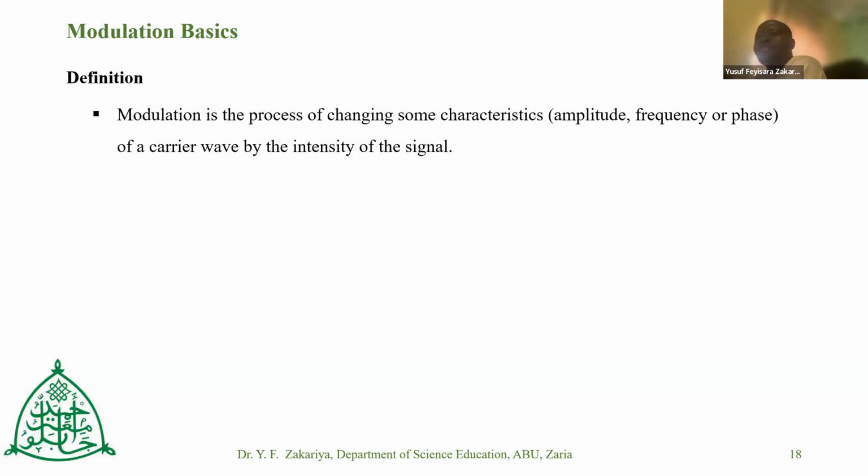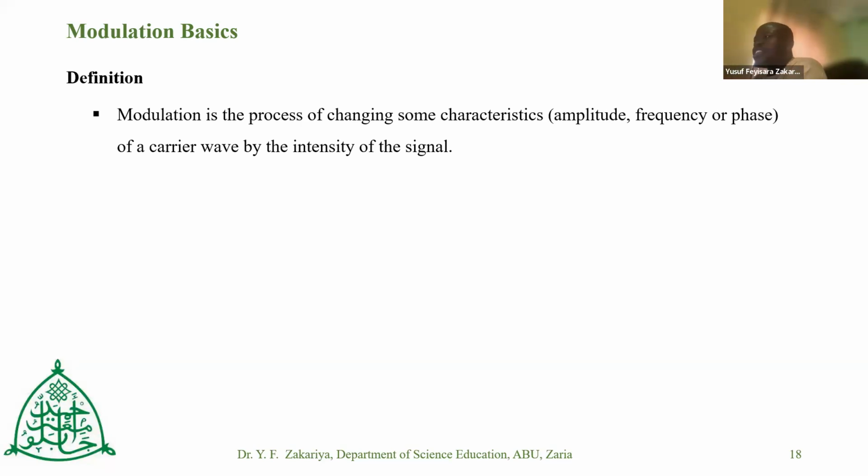As I'm speaking to you now, there is a lot of modulation going on. I speak to the microphone of my computer in front of me, where that is converted into some signals that is sent through waves, and then it gets to your own electronic, your phone or your laptop, as I don't know how you are joining us. So it gets to your phone or your laptop, and that is converted back to what you're going to hear. So there is modulation going on, the pitch, the frequency, the amplitude, and the phase at which I speak. It is altered by the time it is transferred in the air, and once it gets back to you, it is converted back to a nature through which you can understand.